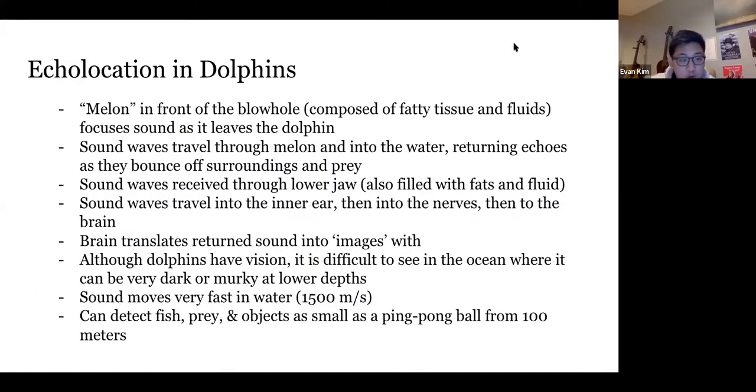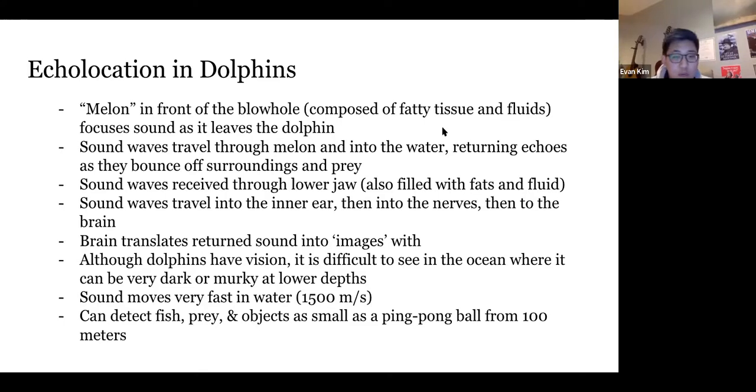In dolphins, they have a special organ in the front of their forehead that looks like a bulge. That is called the melon. It's in front of the blowhole, which they use to breathe, and it's composed of fatty tissues and fluids. The role that this melon plays as an organ is it focuses the sound that a dolphin emits when they're using echolocation. So it is a physical obstruction, but it helps to focus that noise when it goes out